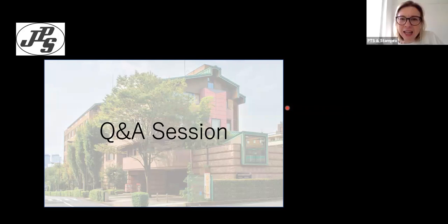Gerard has asked, can Dr. Yamada suggest roughly what percentage of the stamps in his talk are relatively affordable and what percentage might be out of reach for an average collector? Percentage of the stamps in his talk are...